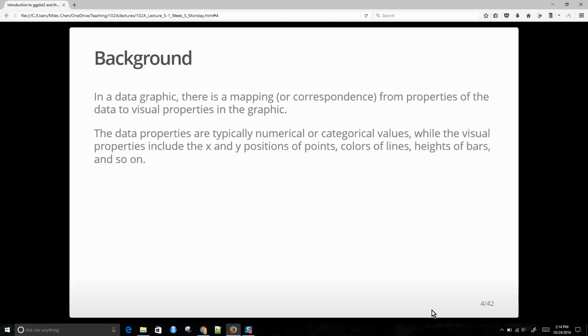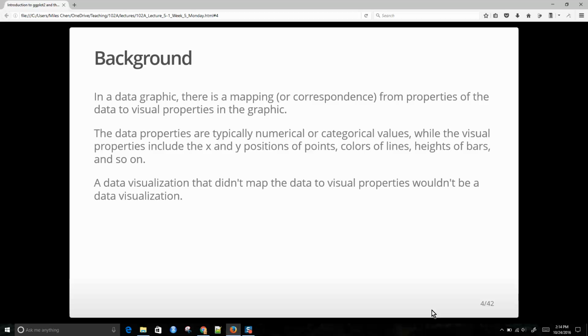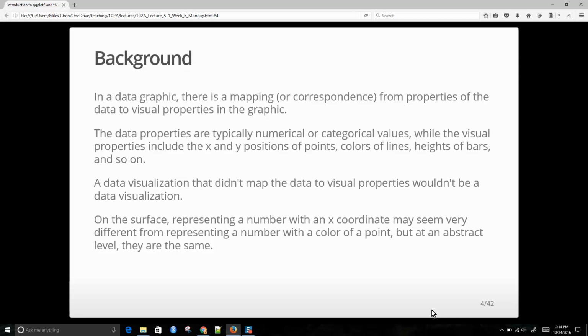So if you think about a graphic, the visual properties are things like the x and y positions, the colors of the line, the heights of the bars, or the shape of the points. Those are all visual properties. And it says that a data visualization that doesn't map data to visual properties is not a data visualization. When you created your first scatter plot, I imagine somewhere in 7th grade, or middle school or elementary school,